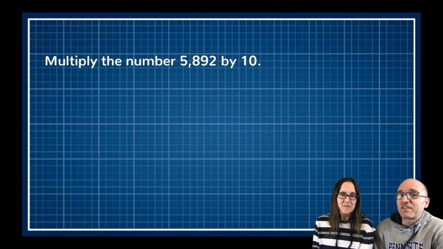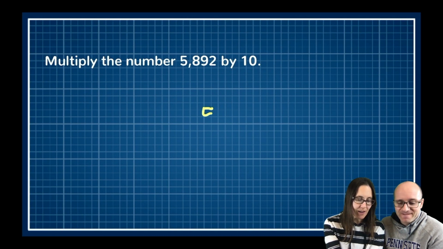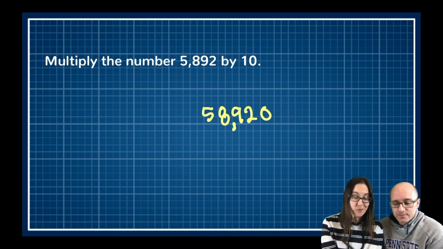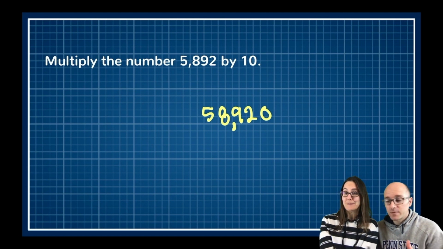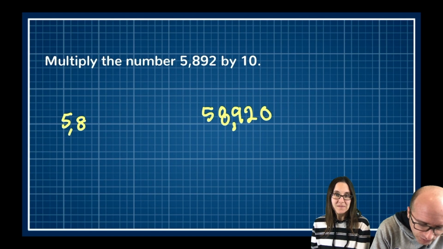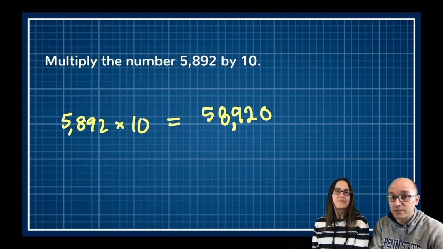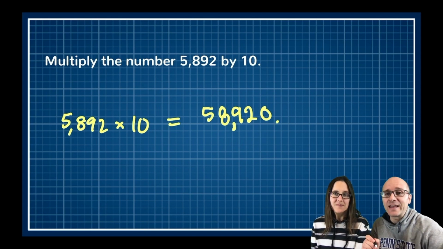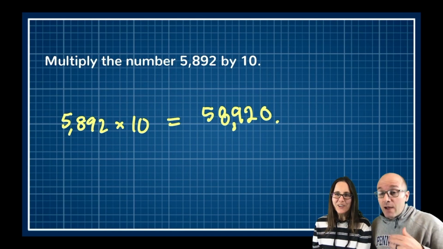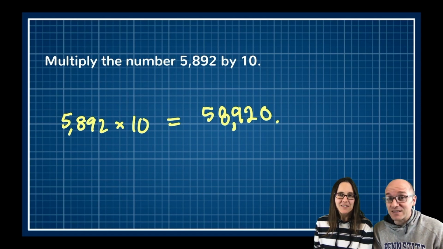Okay, multiply 5,892 by 10. Oh, this one's easy. I'm going to take my number, 5,892. I'm going to add a 0 onto the end, and now I just need to count 1, 2, 3, put my comma in there. It's now 58,920. That's right. And ideally, you would actually write out a full sentence each time you do one of these problems. So 5,892 times 10 is equal to that. And in theory, you should even put a period at the end, although that's kind of overkill. But now it reads like a sentence. It's a complete thought. The teacher doesn't have to guess what I meant when I wrote that number there.